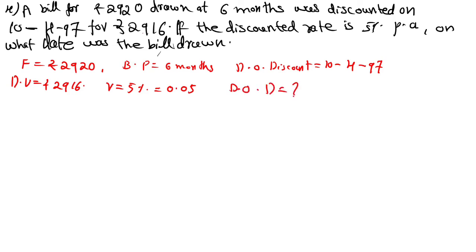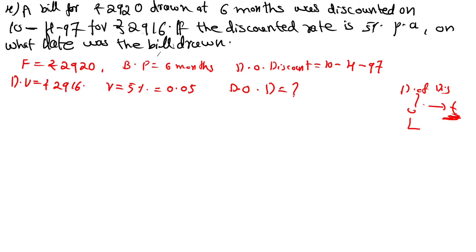Now see, you need to calculate T. We want unexpired time. If you know the unexpired time, you can calculate legally due date, right? Since date of discount is given, the time from date of discount to legally due date is what we call unexpired time. If unexpired time is given, then from the date of drawing plus unexpired time, what will you get? Legally due date, right? So first you need to calculate legally due date. For that we want T.